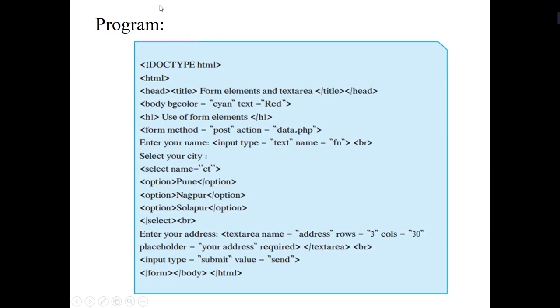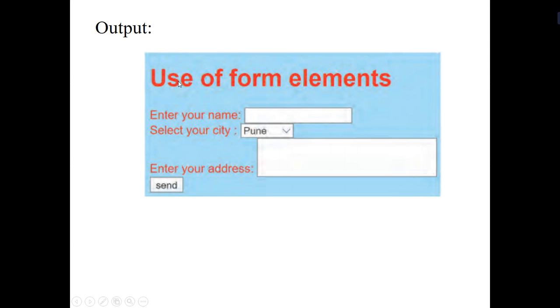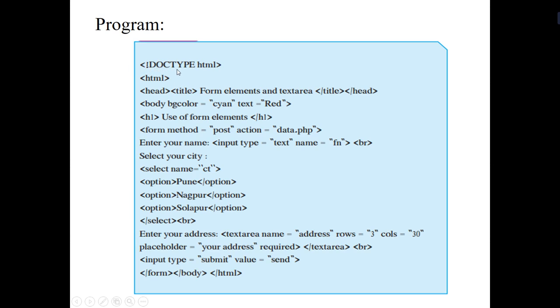So students, again here you can see the first tag of your program is written as doctype HTML. Now what is the meaning of doctype HTML? Doctype HTML means the document type declaration. The document type declaration is for the HTML. After that we start with the program. That is, first is the HTML tag.